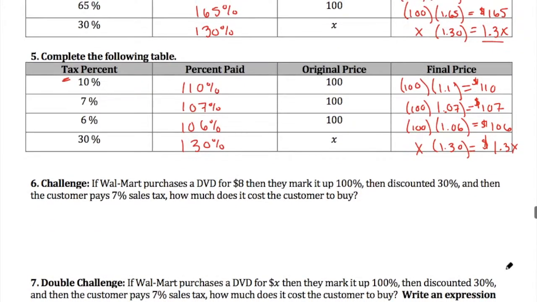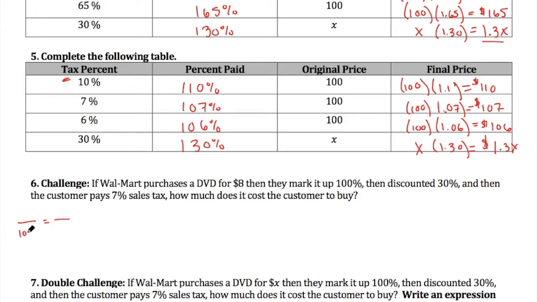Okay, so we're going to use that to help ourselves solve some problems a little quicker. And let's actually apply this to a slightly more challenging problem here. It says if Walmart purchases a DVD for $8 and then marks it up 100% and then discounts it 30%, and then the customer pays 7% sales tax, what is the cost to the customer? Okay, so let's do this in steps. So if we set up our proportion,